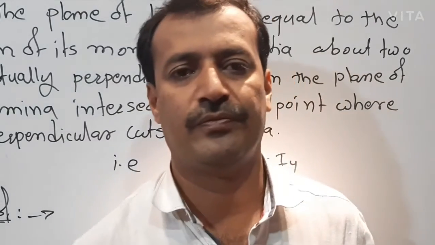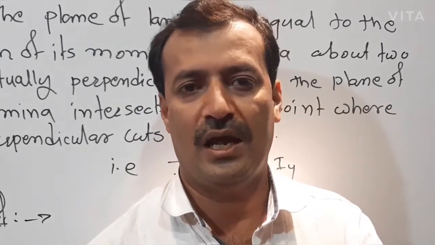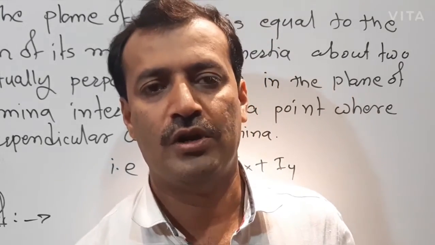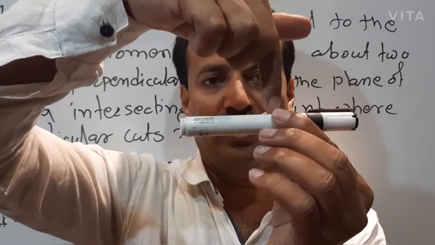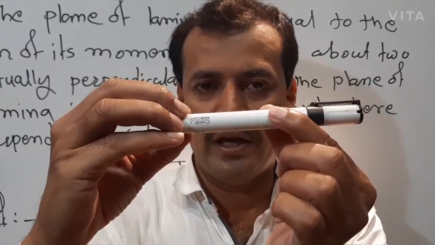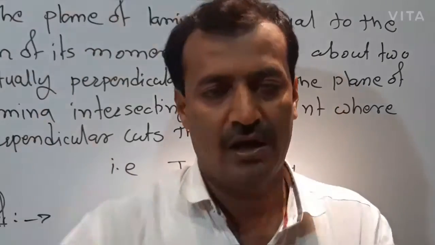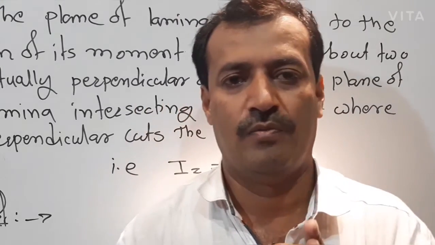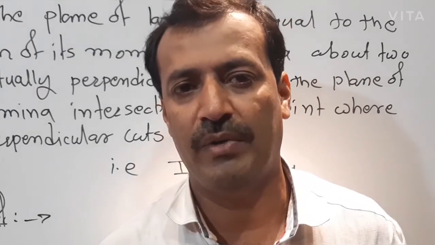And this proof will be expressed in a similar manner to the proof of parallel axes, in which two important steps are: if you want to determine the MI of a body about a given axis, then the first step is to derive the MI about an element, and then from integration we get the MI about that given axis. So the 4 points of this proof are consideration, diagram and the main mathematical part. So write down